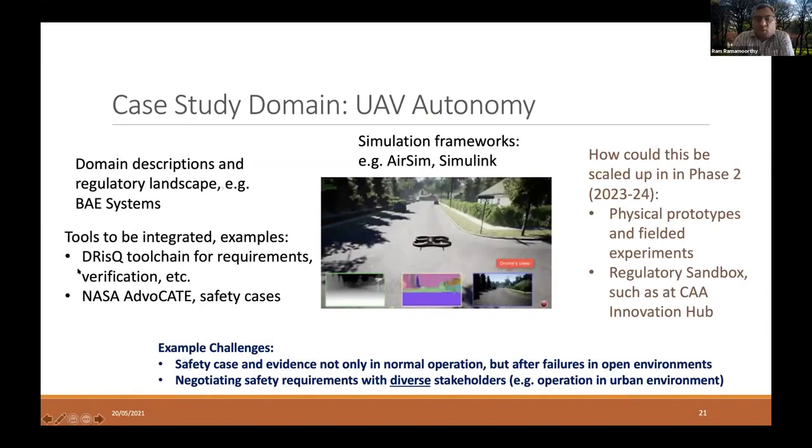We are using tools that come from the aviation sector, from DRISC and NASA, and the procedures for putting safety cases in place. We are using state-of-the-art simulation systems such as AirSim and Simulink. And the expectation is that by the time we end this strand of the project, we would be inside a regulatory sandbox with somebody like the CAA and showing how